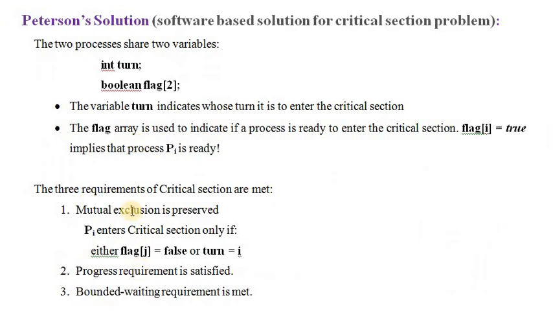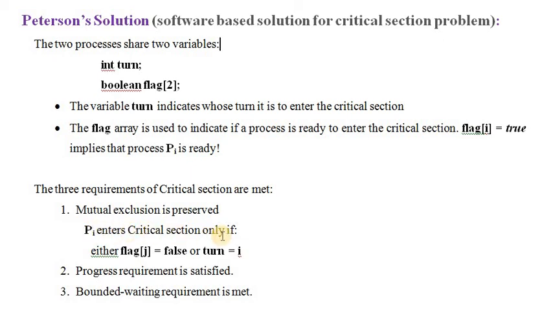So, what are the three requirements? Mutual exclusion, progress and bounded waiting are the three requirements for a critical section problem. Now, what is mutual exclusion? When one program is there inside, the second program should not enter into the critical section. See there, Pi means i value is either program. Suppose P1 is there in the critical section.